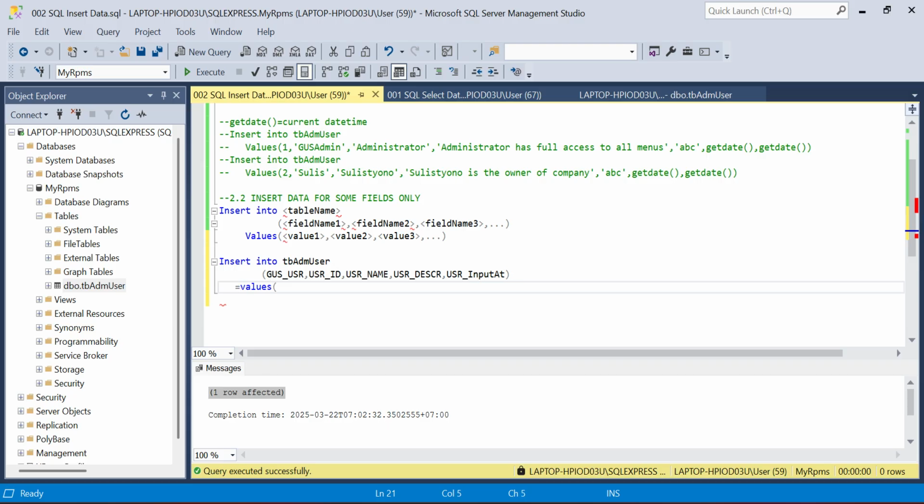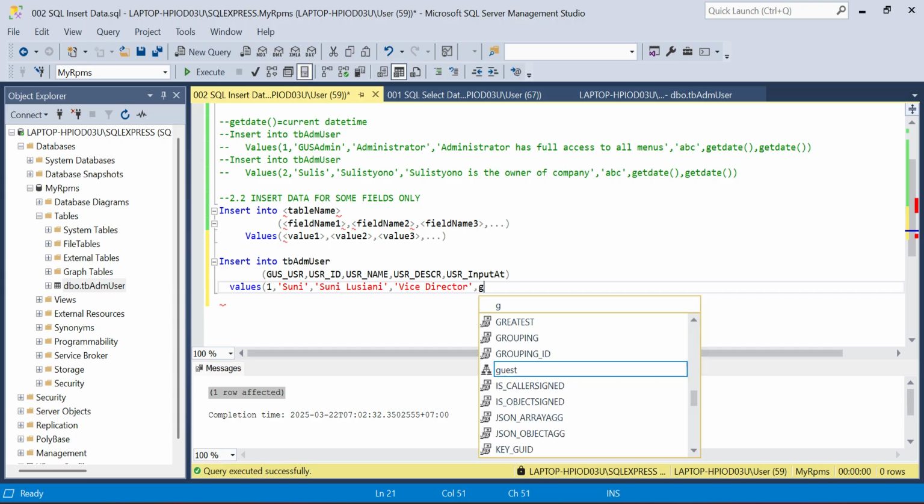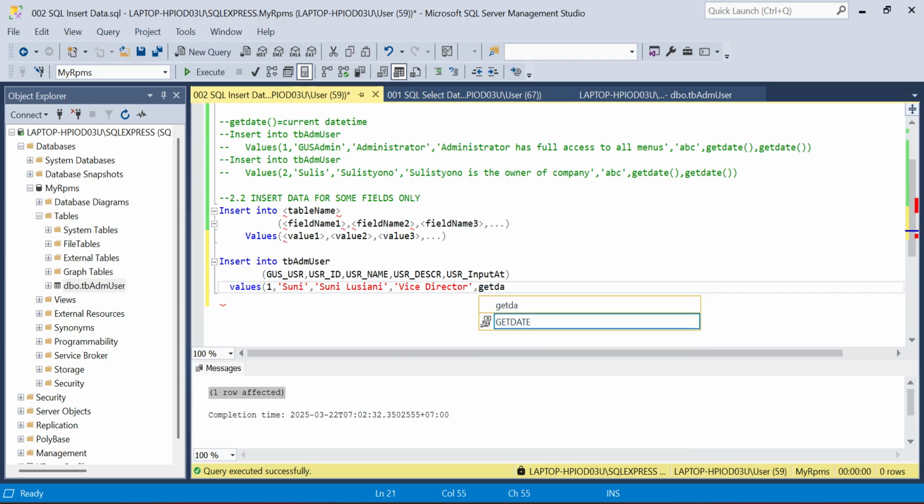I want the Goose USR is 1. USR ID, for example, Lucy or Sunny. USR name is Luciani. Description is Vice Director. The input add getdate. Let's see what happened.